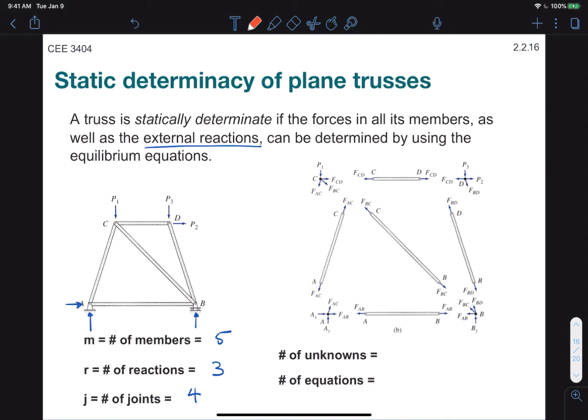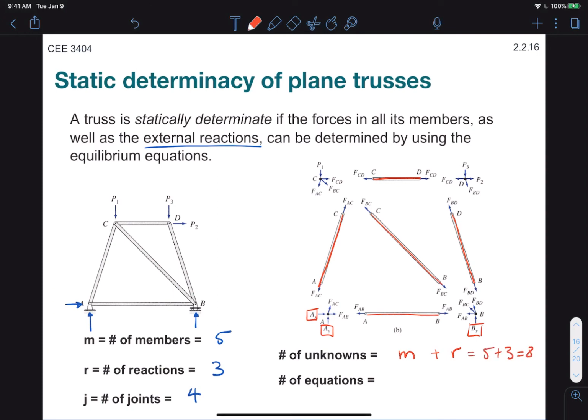So force AC, force CD, force BC, force AB, and force DB. So that is equal to our number of members, so M. And we have to add to that also our unknown reaction forces. So AX, AY, and BY. So that is 5 plus 3